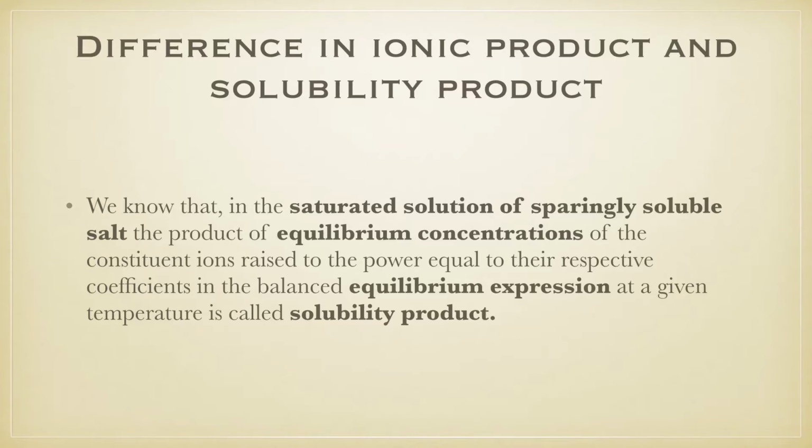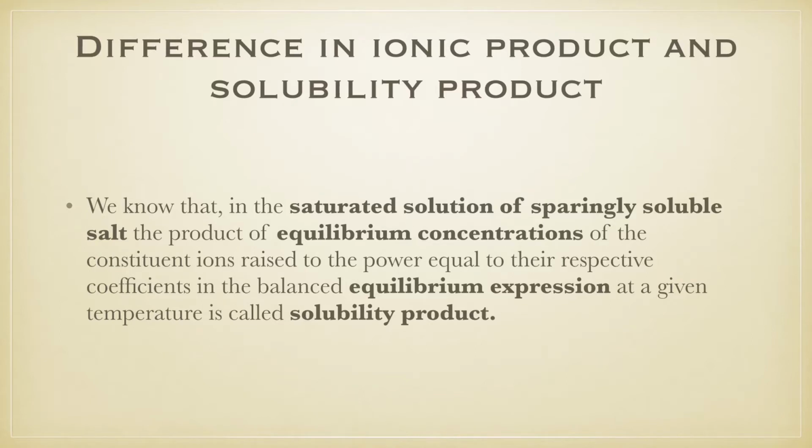Now, understand, whenever we talk about solubility product, the salt whatever is there should be in equilibrium. So the concentration at equilibrium, simple, is referred to as solubility product. The concentrations other than at equilibrium are said to be ionic product. So hopefully it is clear. Whenever we find a concentration at equilibrium, then it is referred to as solubility product.